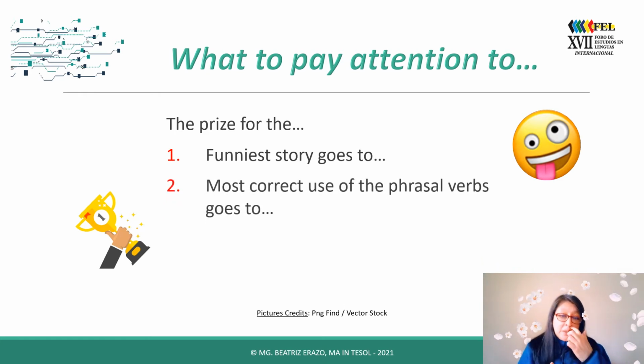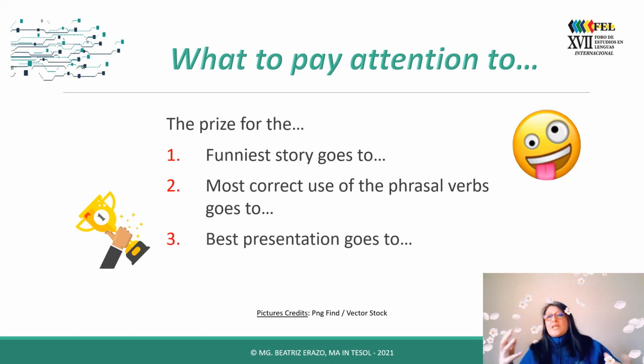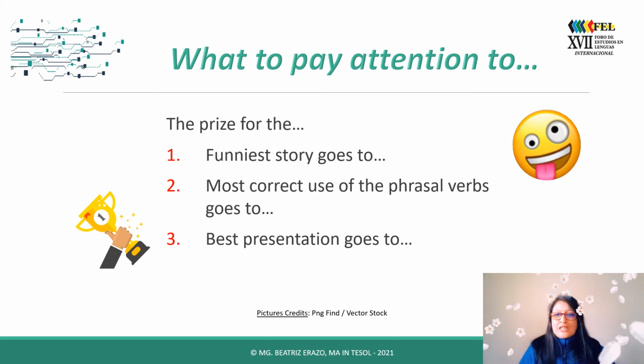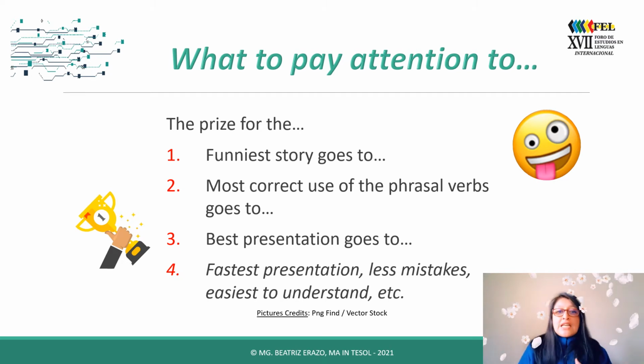And then you can also say, okay, now we have the second prize for the group that used the phrasal verbs in the most correct way, giving them the appropriate meaning. Or for those that presented very well, maybe with some movement, body language, acting, using faces, different phrases or emotion, or maybe who made the fastest presentation, with the fewest mistakes, the easiest to understand. It's up to you. You can decide. You can even discuss these different categories with your students before they prepare their stories, so they have an idea what they can focus on. You can do it at the end, some brainstorming ideas, and then prepare